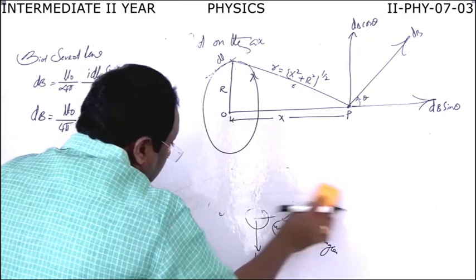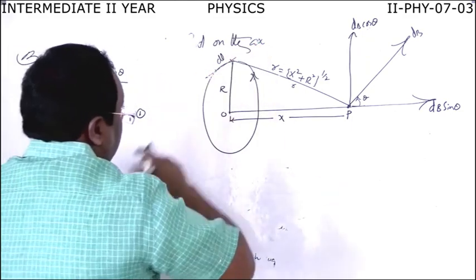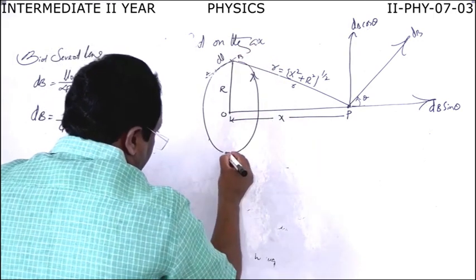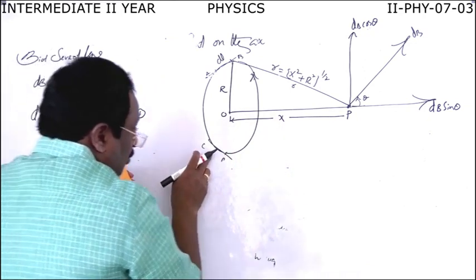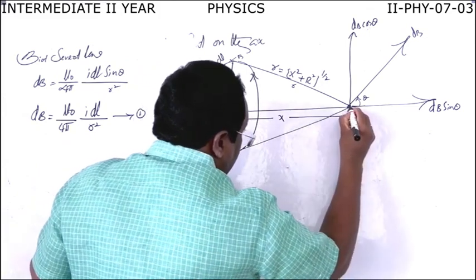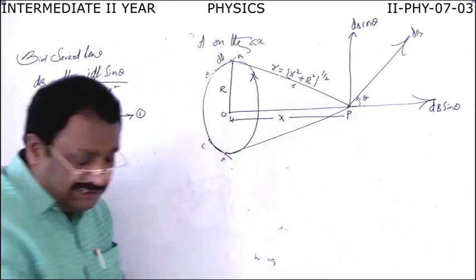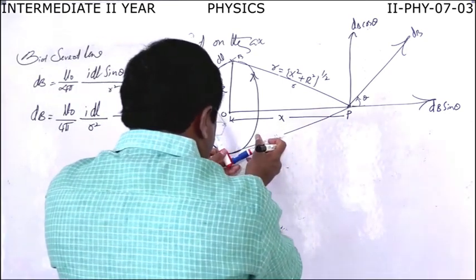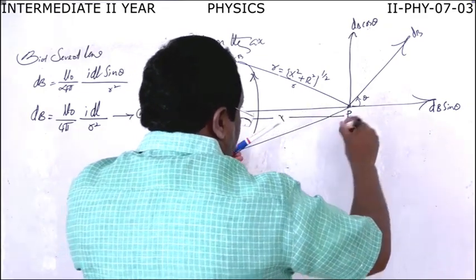Now you take another element which is exactly opposite to this. So this is AB. You take another element like this. Now the magnetic field due to this element at the point P, then what happened? It is also resolved. Here the direction of the magnetic field is like this. Now this is dl. This is the position vector. This is the direction of the magnetic field.